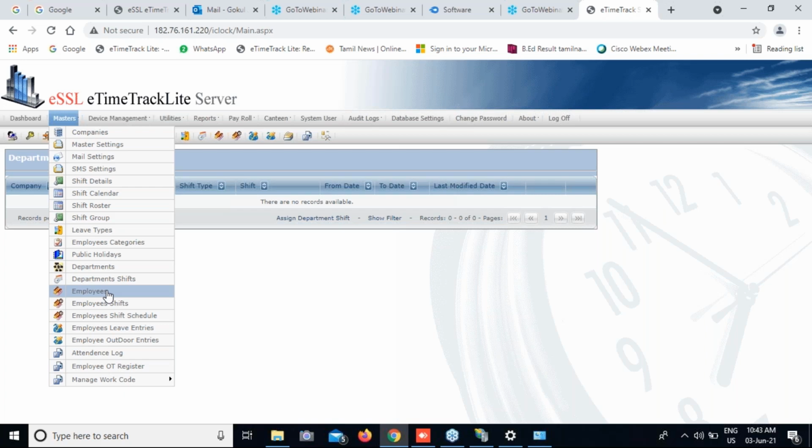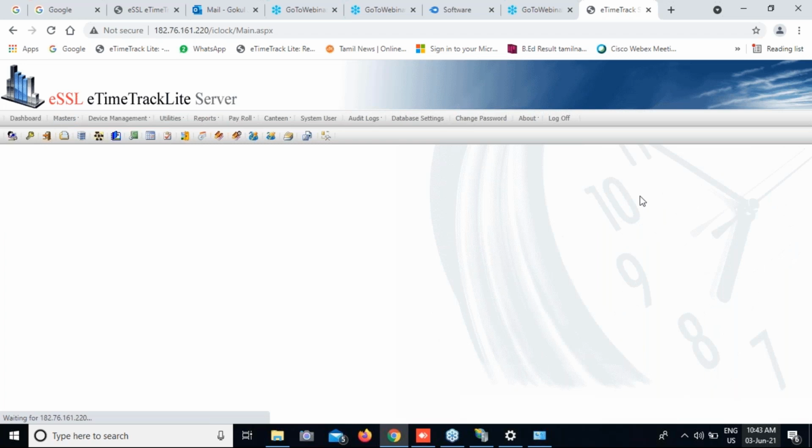We can assign location, category, shift group, date of joining, status, working status, resigned or present. Also card number, Aadhaar number, last working day, date of confirmation, employee type, holiday group. Everything we can assign to the employees.